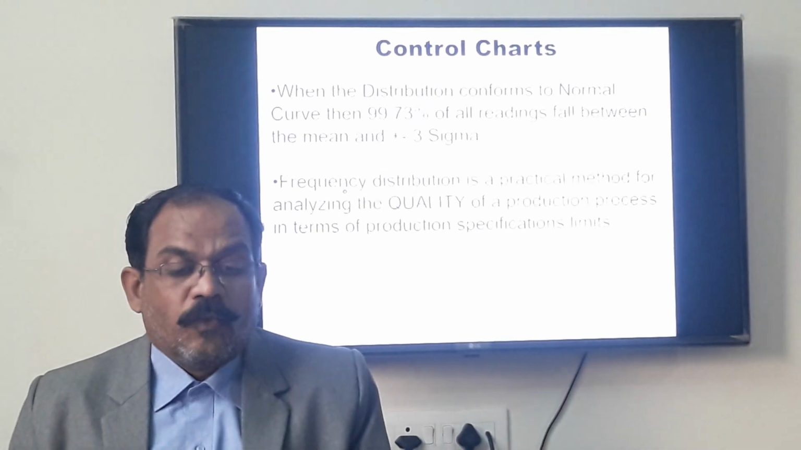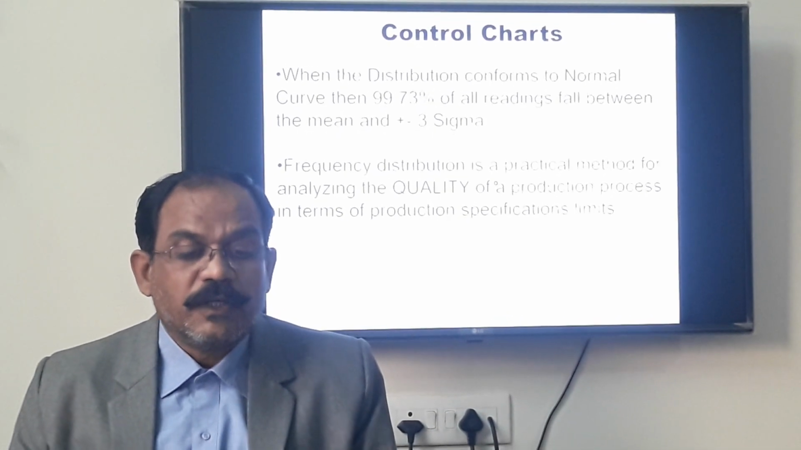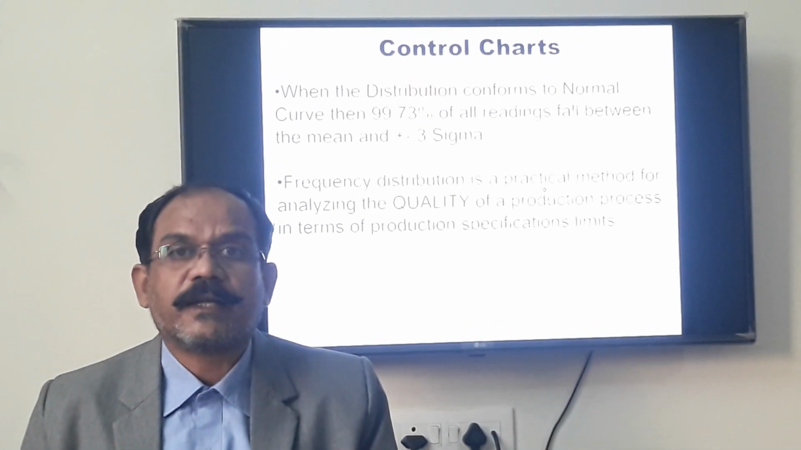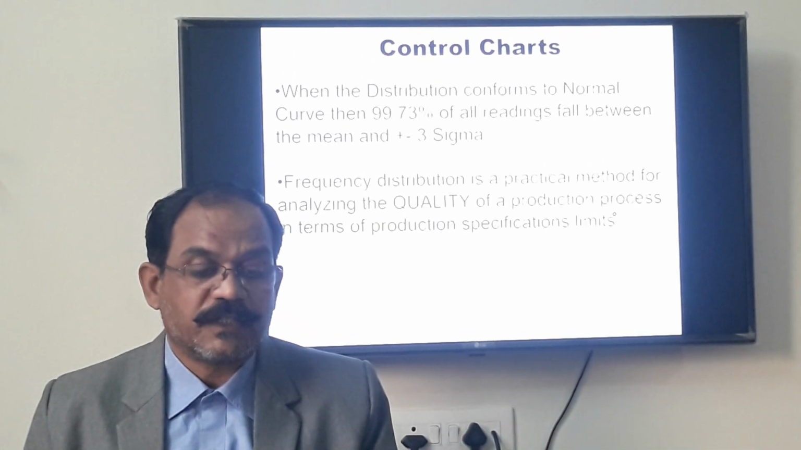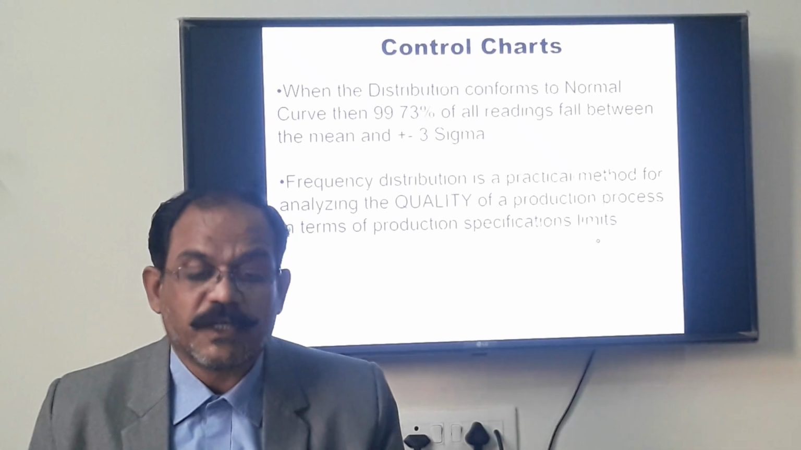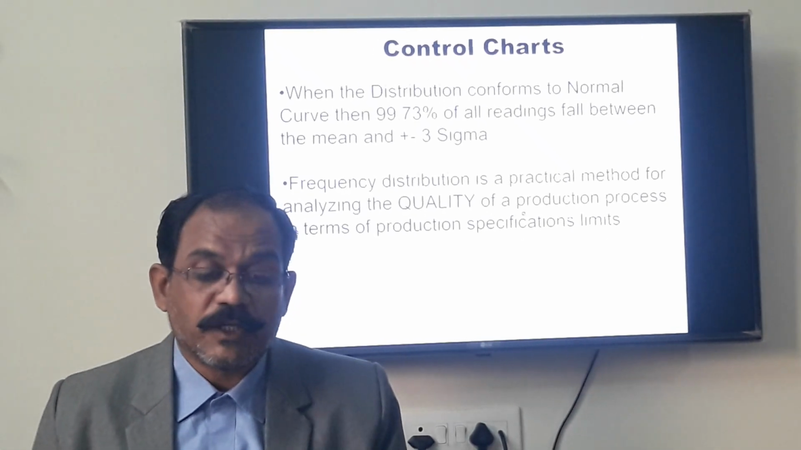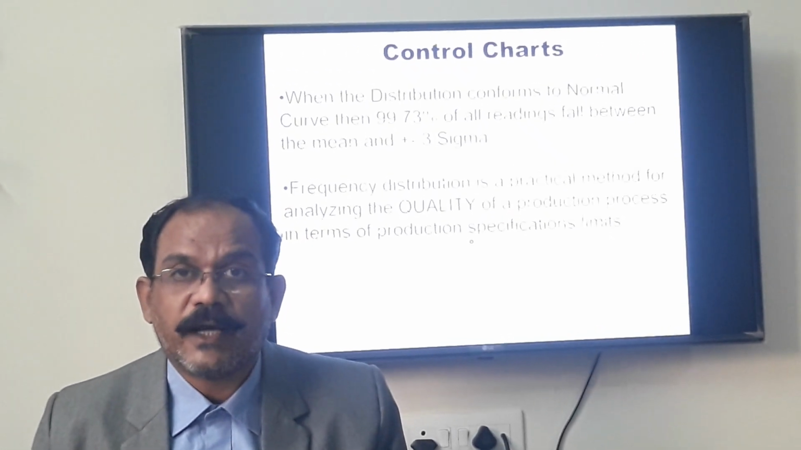Now what does this frequency distribution give? The frequency distribution is a practical method for analyzing the quality of production processes in terms of production specification limits. It analyzes the quality, whether you are producing the article